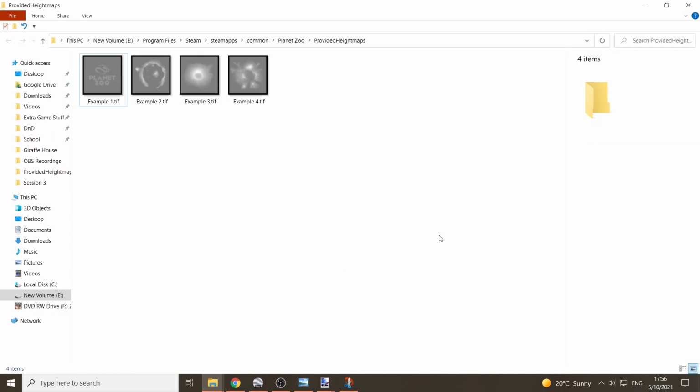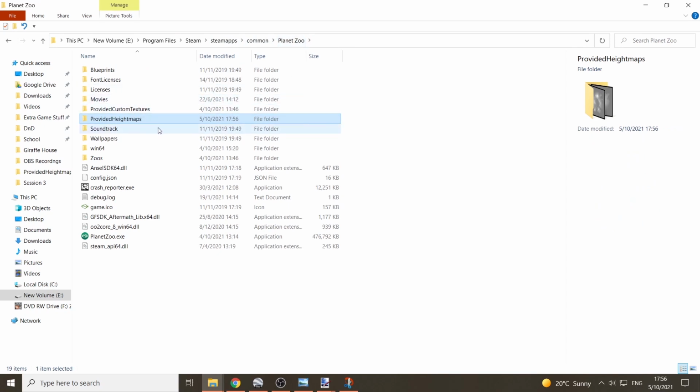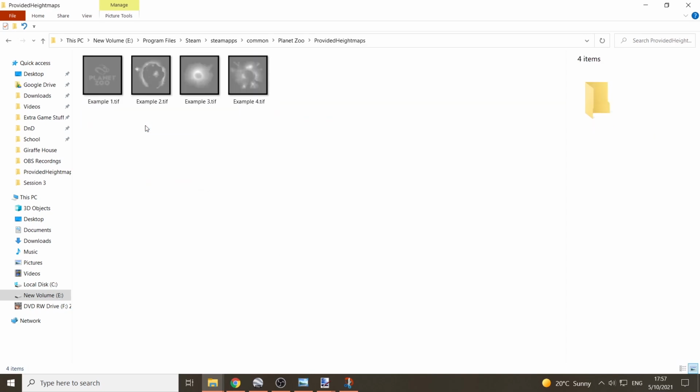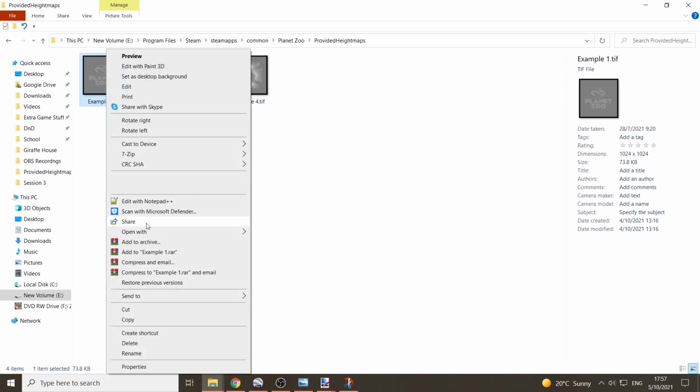So before we get into that, you want to go to your provided height maps, and that's available in the Planet Zoo folder. If you go into your Steam apps, Common, Planet Zoo, it's the similar space where you can install your mods, where you find the soundtrack and that, if you have the deluxe version, of course. You're going to go to provided height maps, and the game gives you a couple of height maps. So you can just open one. I'm just going to click on the first one here,